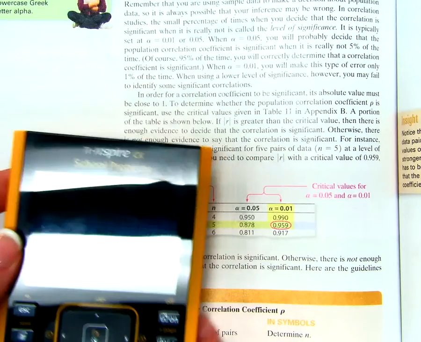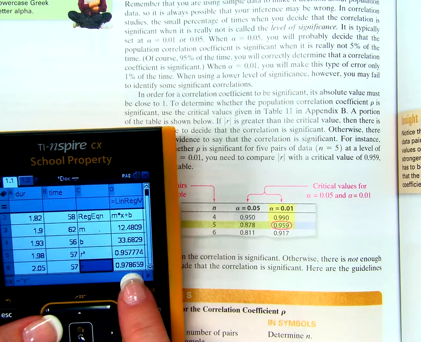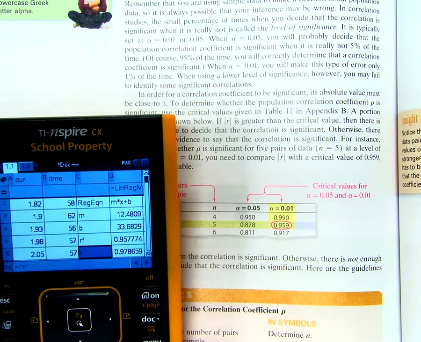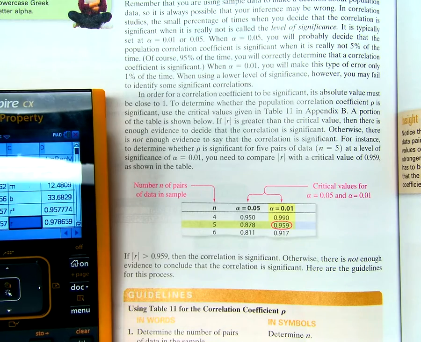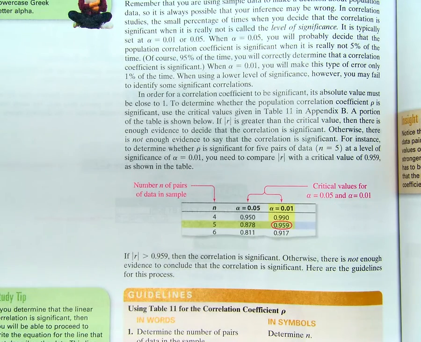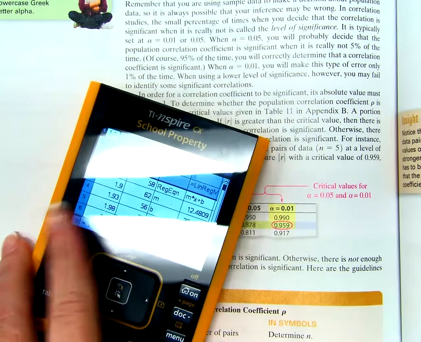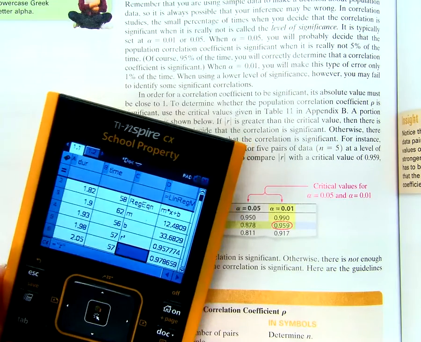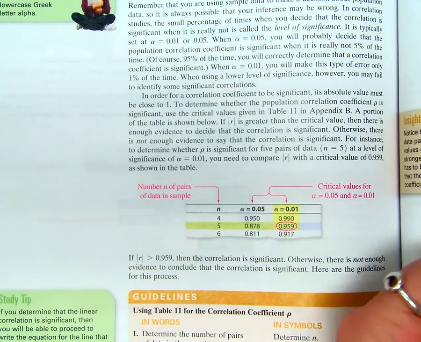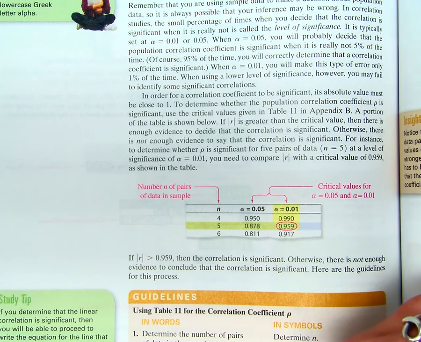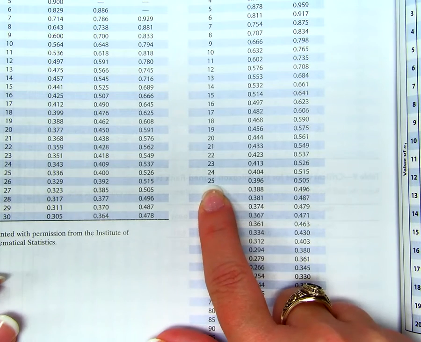So let's look at this R. Our R is 0.978659 in this particular example that we just did. And there were 25 samples, right? If we're trying to decide if this problem that we did just a second ago is significant or not, I would have to turn to Table 11, and I would have to look at 25, and I would come over here